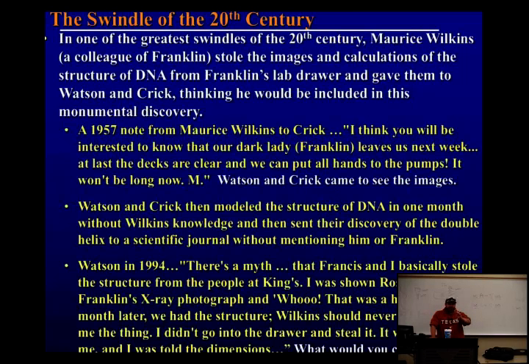So Maurice Wilkins complained because he said that he had a hand in developing the structure of DNA. So they gave him a Nobel Prize too. But Rosalind Franklin never got one. Oh my God. And the reason is because she died from cancer developing those pictures of the structure of DNA. And they don't give Nobel Prizes to people that have already passed away. So they don't give them posthumously.